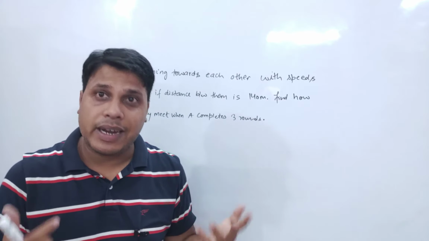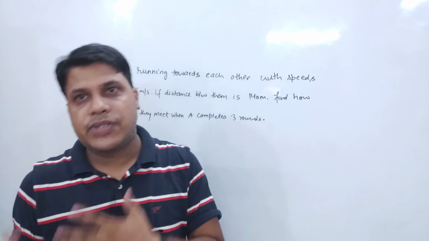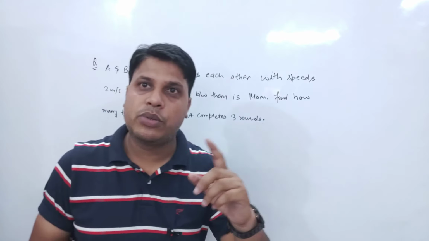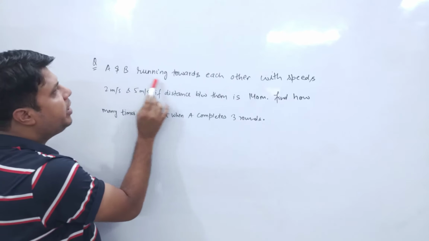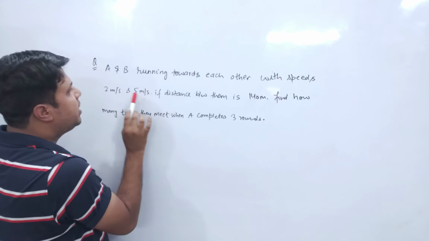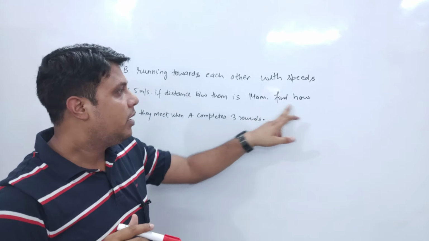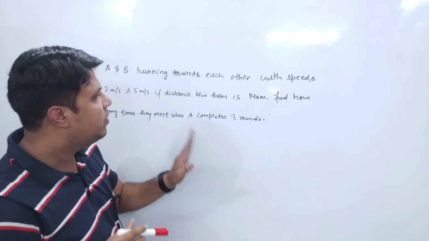asked in higher level examination like CAT and Z. So let us see how to solve this question. So first of all we should be going through the question. So A and B running towards each other with the speed 2 meter per second, 5 meter per second. If the distance between them is 140 meter, ठीक है, then find how many times they meet when A completes